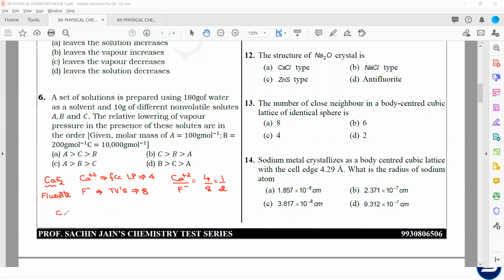Okay. And if I talk about the coordination number, then the coordination number of calcium plus 2 and fluoride minus 1. For calcium, which is occupying the FCC lattice points, there will be 8 fluoride ions touching it. That means the coordination number will be 8. And the fluoride, being in a tetrahedral void, has a coordination number of 4. So here there is a simple rule: if the number of ions is in the ratio x:y, its coordination number will always be y:x.